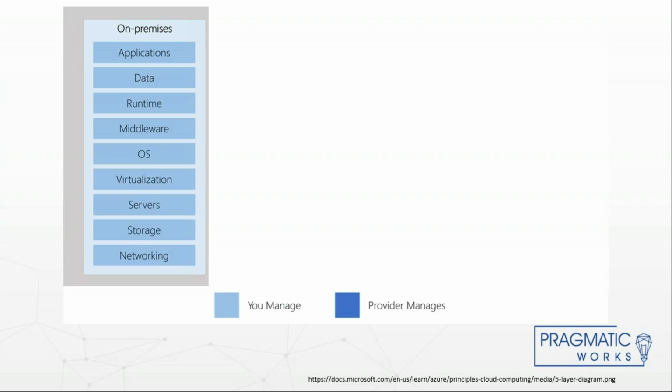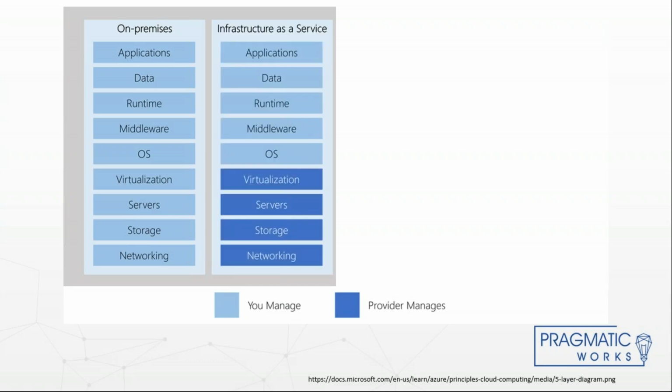When we look at a breakdown of what IT departments have to support, we get a list kind of like this, where we have hardware, networking, storage, virtualization at the base, the middle tier with operating systems and runtime environments, and then the applications and the data that they produce. When you have an on-prem solution, you're responsible for providing and managing all of those pieces.